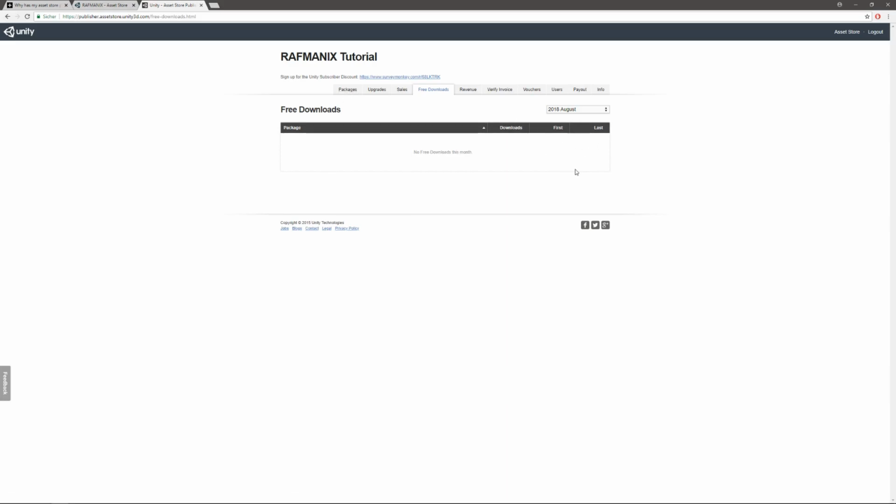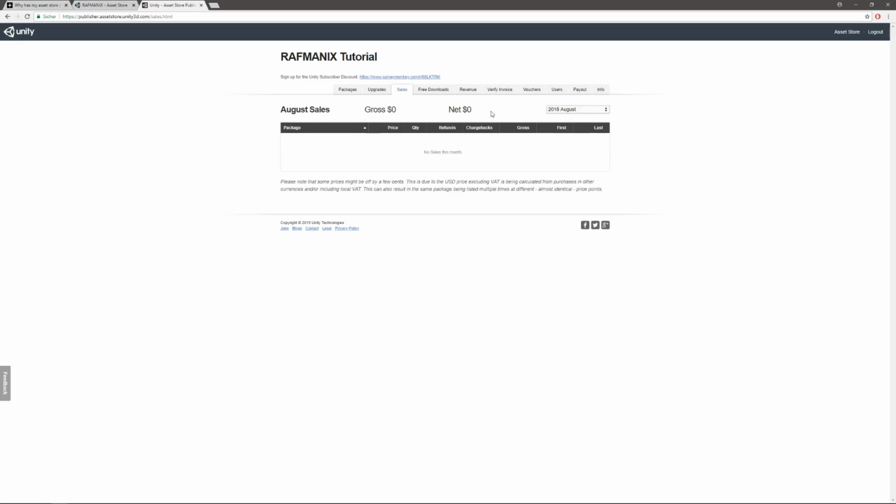So if you click on your August, September or whatever, it will list the downloads from this month. On sales, you can see how much you have earned. Unity takes 30% and your net income will be shown here in the net. This will be updated every month. So you have an overview of your income.